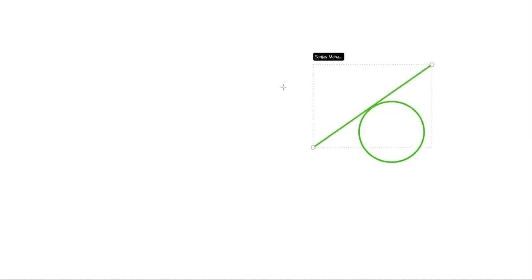This is a tangent. So what are you doing? And what we want to say, this is a tangent T, and this is a circle S. Okay. We are interested with the tangent.